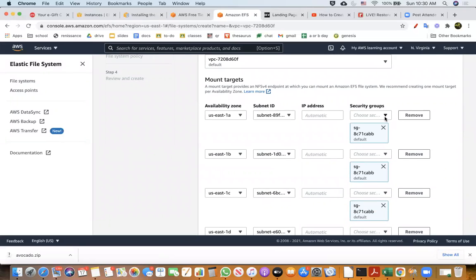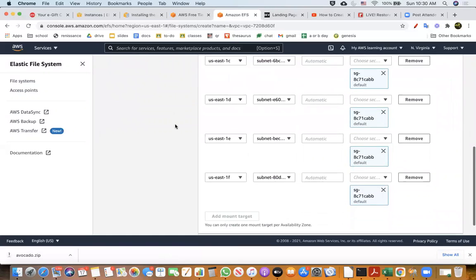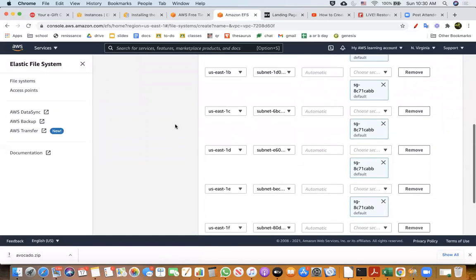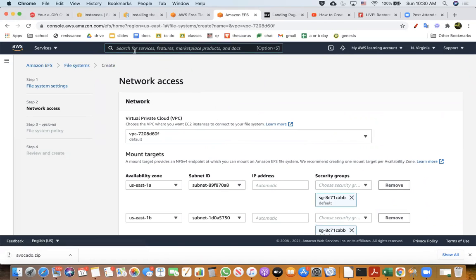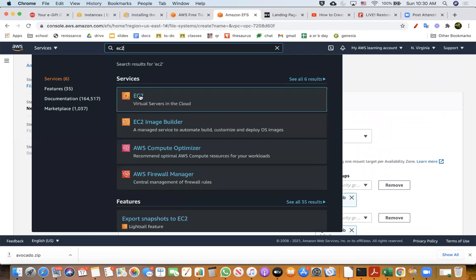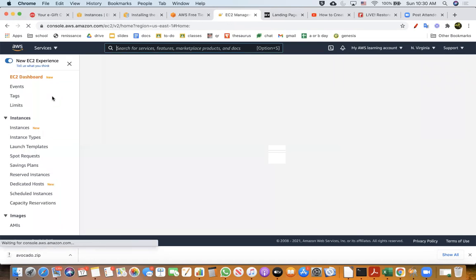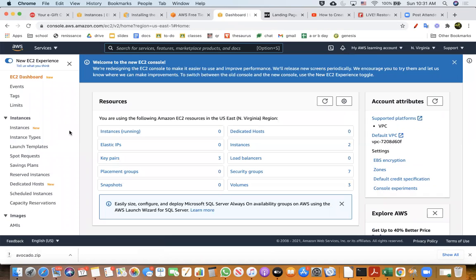See, there are security groups we need to create. It will typically ask you to create one in each availability zone. I don't think that I need to create in each of the availability zones. So I'm going to create a security group, and I'll come back to this option after creating the security groups. So I'm going to pause this and go into the EC2 dashboard again.